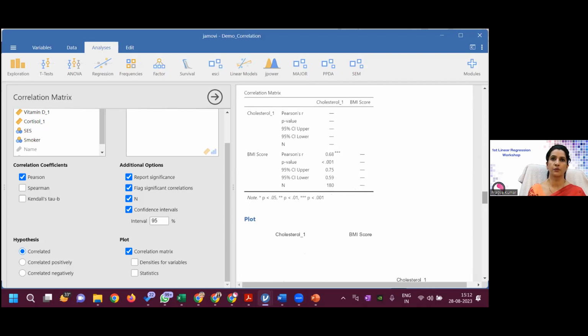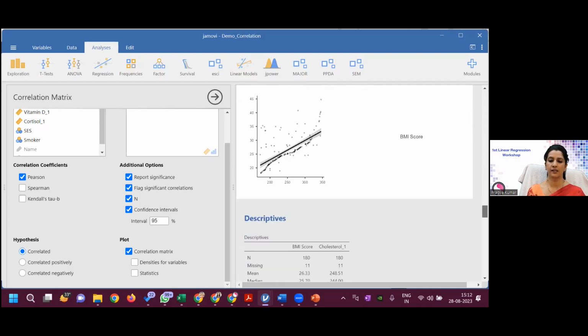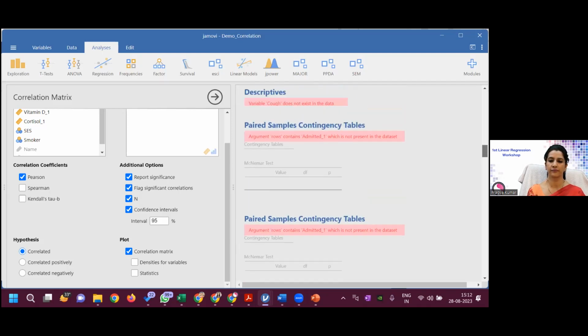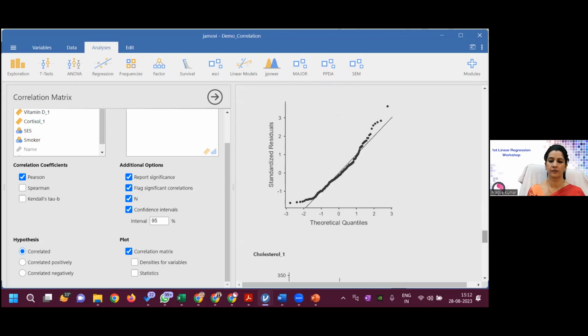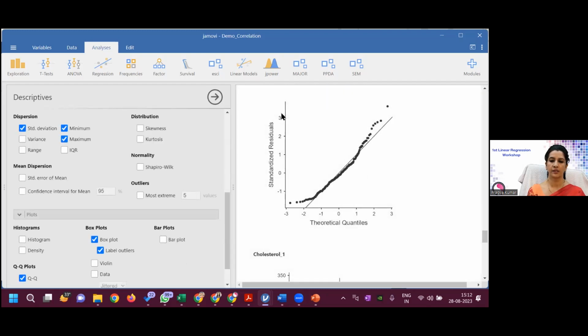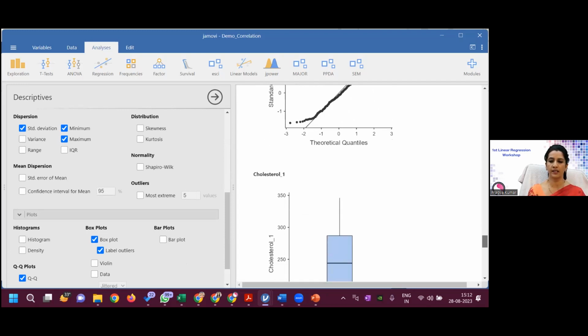So what is a QQ plot and its significance? Basically, a QQ plot is the quantile plot, and it is a plot to test for normality. It is plotted using the residual. So what is a residual? We'll understand this concept. It is the plot between the theoretical quantiles and the